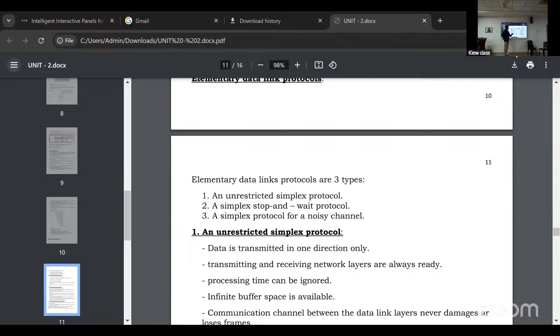T is twisted pair. What is F? Fiber optics.